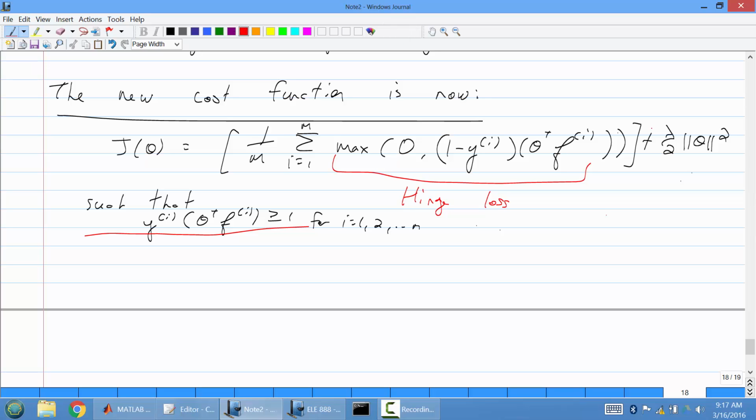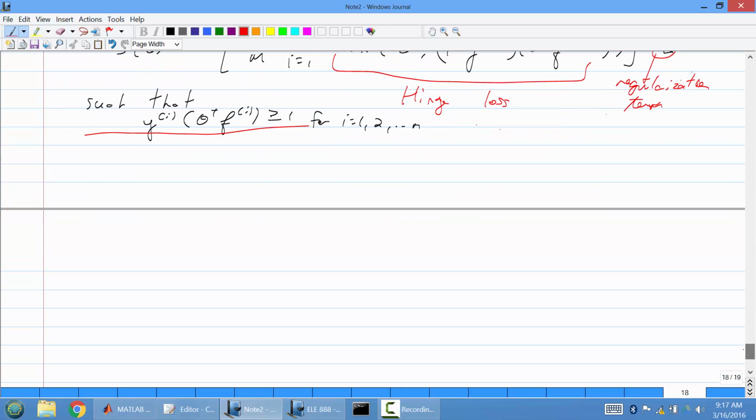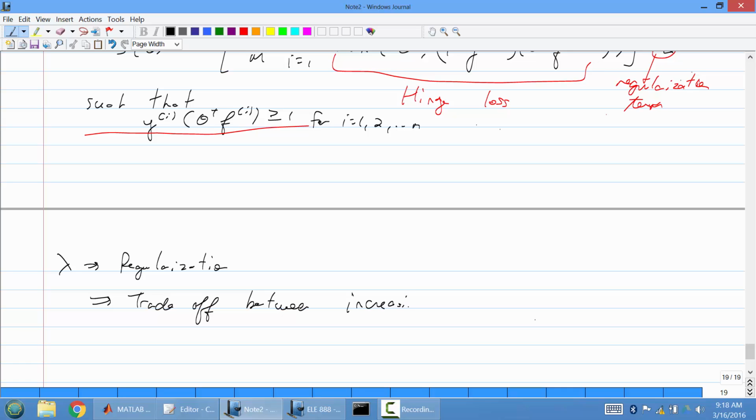So we have this, and you're just averaging over as many examples as we have. And then we also have this familiar term here. This is the regularization term. It works in a similar manner with SVMs, but the results are quite different depending on what the term is. So how regularization works here is slightly different. It's a trade-off between increasing the margin size and ensuring that each training example,